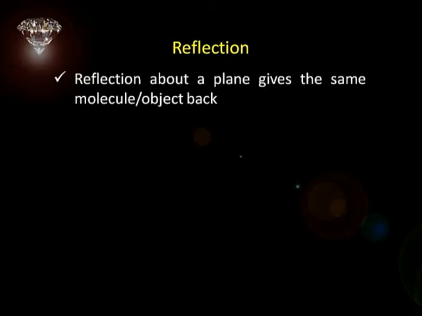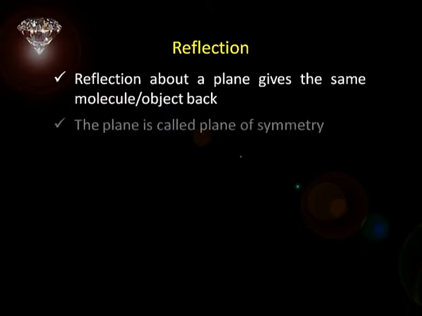Okay. So, we know what is the meaning of axis of symmetry as a symmetry element there, and what is my principal axis. Principal axis is the one which has got the highest value of n. Okay. Let us move to another kind of symmetry operation, that is called reflection. As the name suggests, reflection basically is you can think of a molecule and you reflect part of the molecule or the object through a mirror, and if you get the second part as a mirror image, I say I got a reflection operation there. This plane will be called the plane of symmetry, and will be symbolized as sigma.